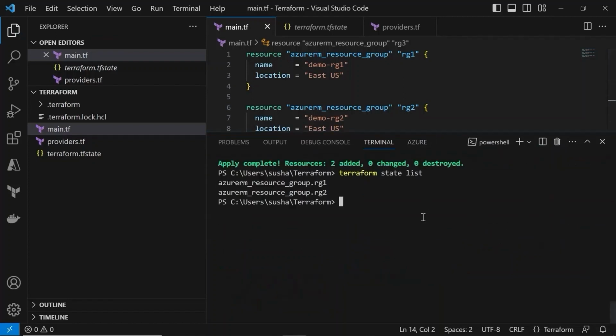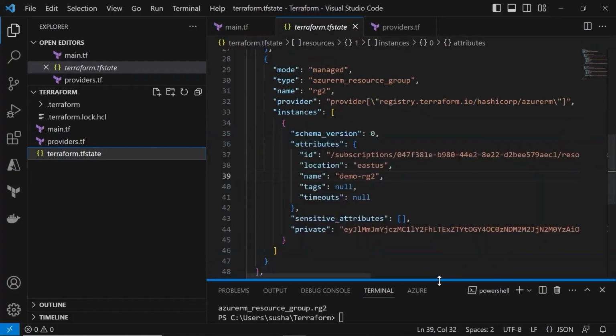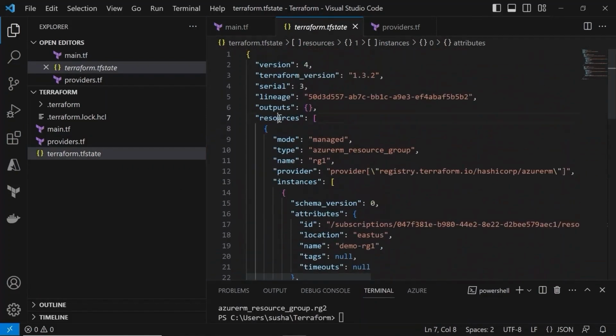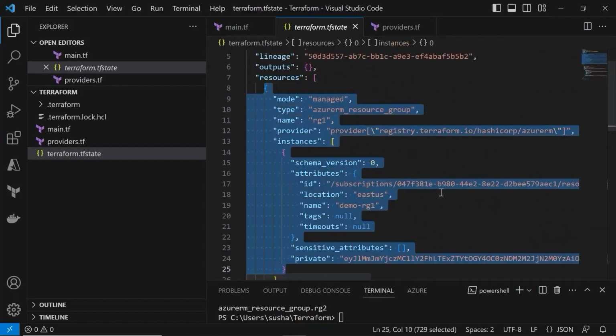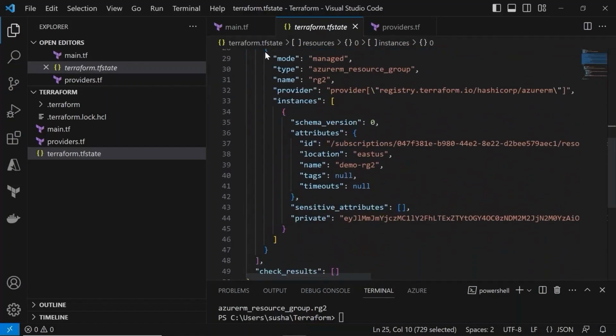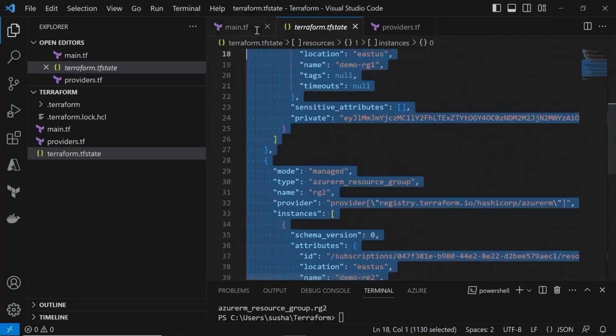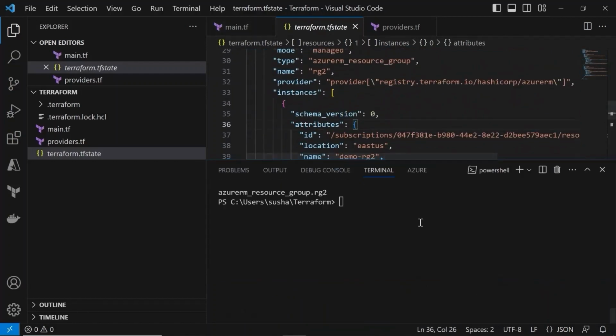So before running Terraform import, let me show you the state file here. So here under the resources, you can see only the two resources are available. One is demo-rg and the other one is demo-rg2. So once we run the Terraform import command, the third resource group information will be added to this state file. So let me run Terraform